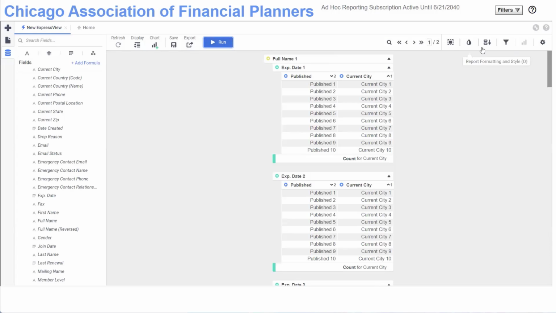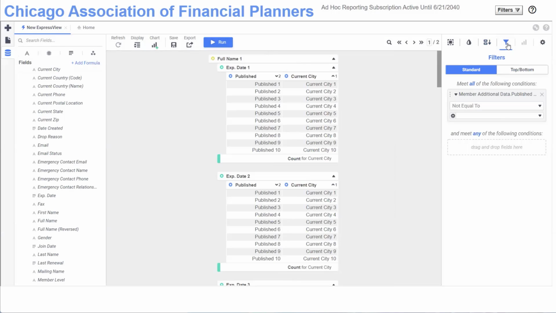Next up on this row of tools over here is our filter tool. We have 2 different types of filters when you're working with these. I pretty much only ever use the meet all of the following conditions. We do have the option to meet any of, so you can do things like it must be either this filter or this filter. So if we said member data must be published,